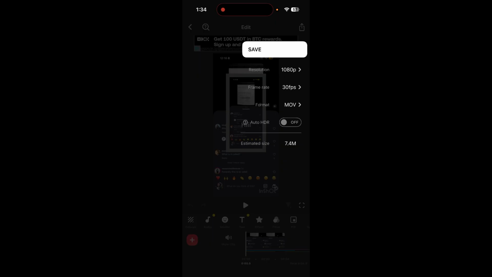For smaller files you need to select this 720p over here, and you can also reduce the frame rate, tapping on this frame rate: 30 fps for standard, smaller files, or 60 fps for smoother motion but a bigger file. If you don't need super smooth motion, choose this 30 fps, and after that you can select